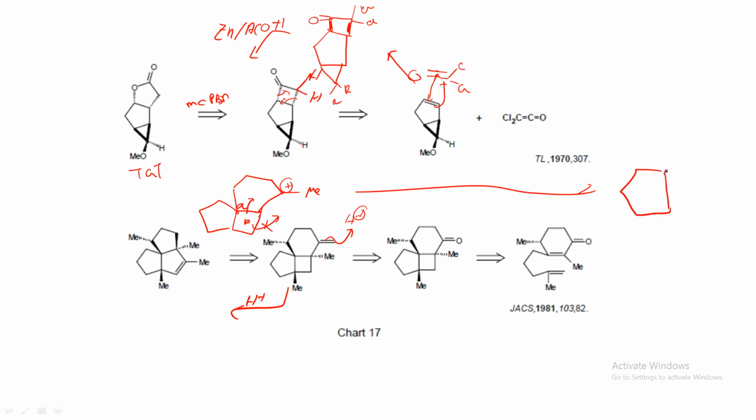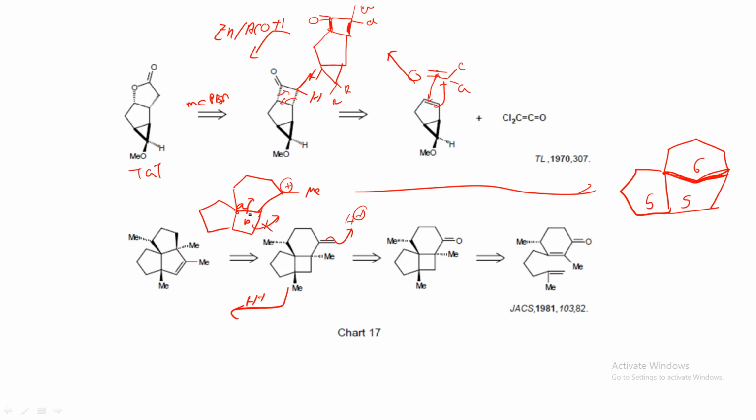So here we have the 6 member ring, and here we generate this. So here you can see it's 5 5 6, but the bridged thing is present like there, so that's why